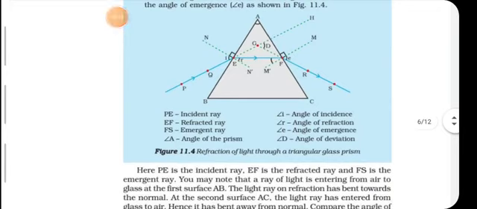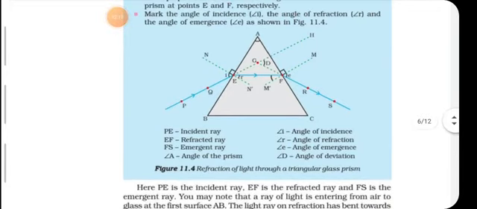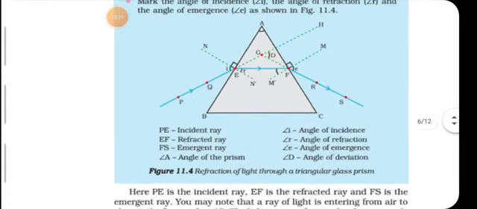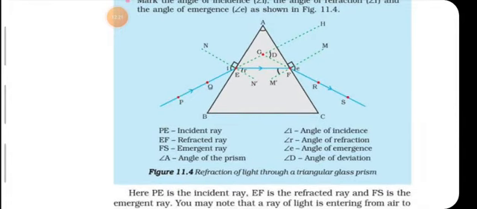See, in the refraction of light through a triangular glass prism, if a light is incident from, say, ray PQ, it meets at point E. Point E is also known as the point of incidence because at that point the refracted ray, the glass as well as the normal drawn to the plane all meet at one point. Fine students. Now what happens? See, the ray bends towards the normal, and so it travels in a straight line inside the glass prism.